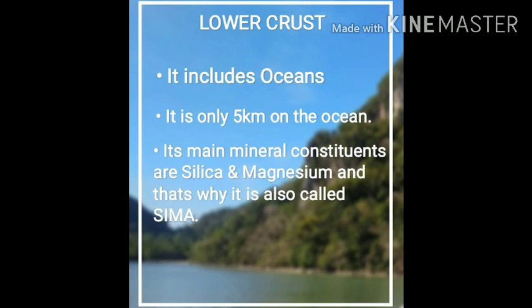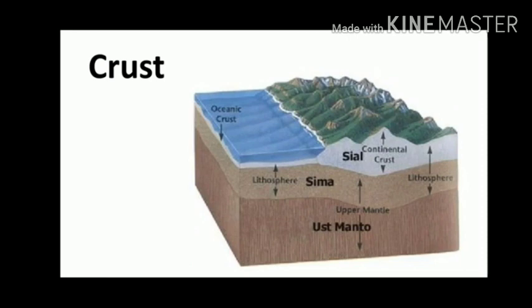Lower crust. It includes oceans. It is only 5 km thick on the ocean floor. Its main mineral constituents are silica and magnesium, and that is why it is also called Sima. Here you will get to know why it is called Sima, because it contains minerals like silica and magnesium. Look at this picture, it will clearly show you the upper crust and the lower crust separation, that is Sial